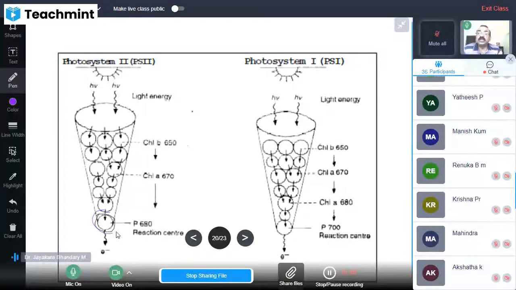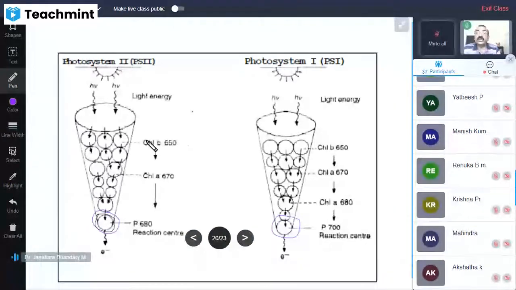Okay, can you see this? So this is a chlorophyll A molecule. Here also there is a chlorophyll A molecule. Of course, one is photosystem 1, one is photosystem 2. The difference I will explain later, but try to understand the structure of a photosystem. So there is one chlorophyll A molecule. Now this is the reaction center. Along with that, there are many other pigments, maybe chlorophyll B, C, xanthophyll, carotene, etc.